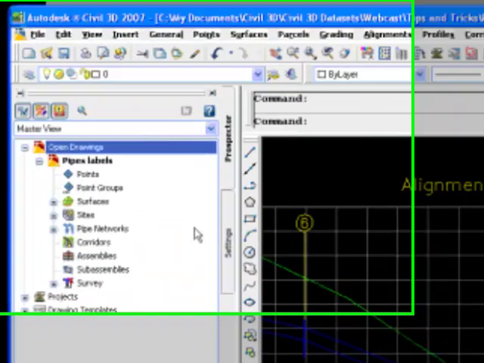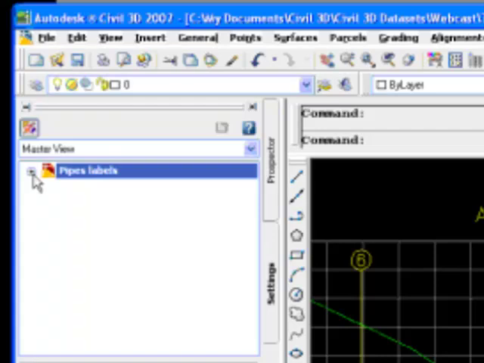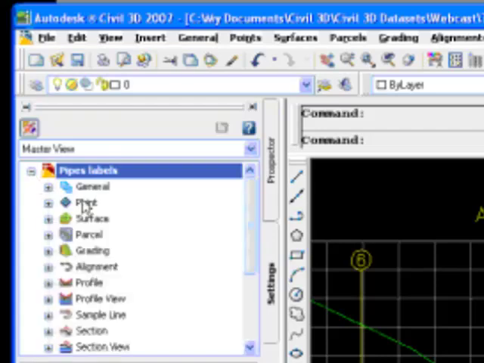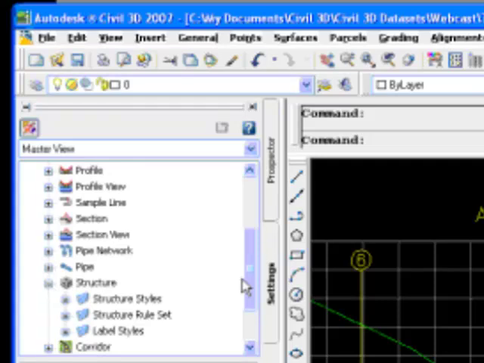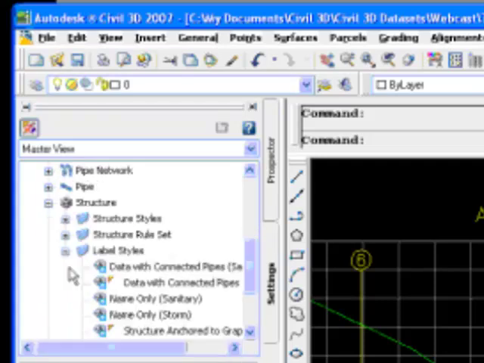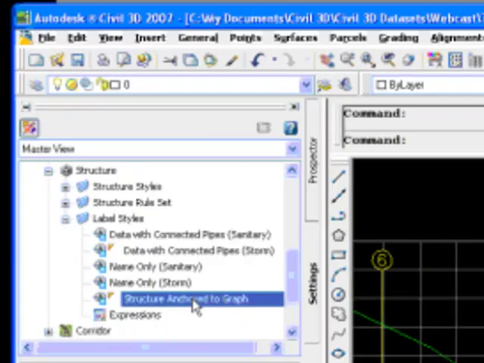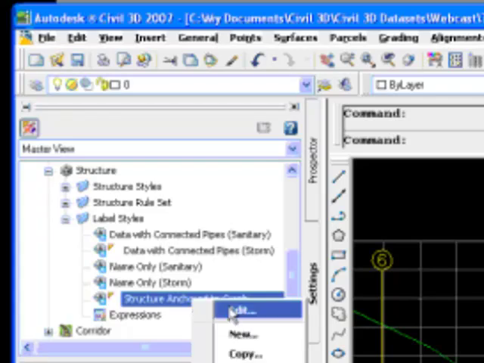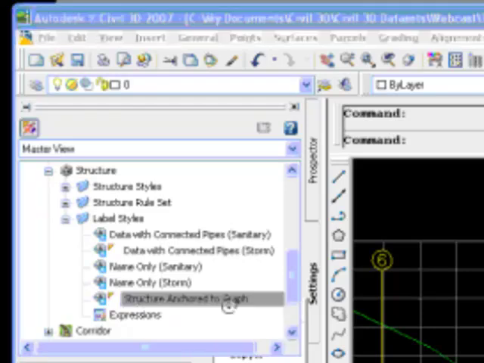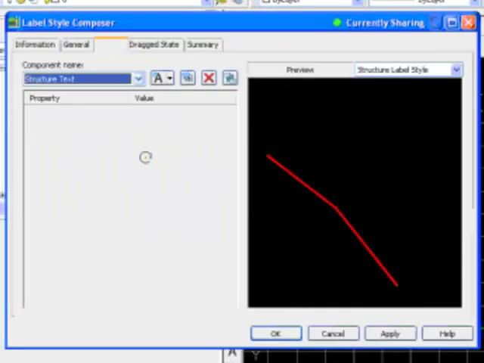But what I'm going to do is expand. Let's go into the settings. I'm going to expand down to the structure and label styles, and I'm going to go over here a little bit. I have a style here called structure anchored to the graph. Okay, so this is a structure label style where it's anchored to the graph. And it's relatively simple in that,